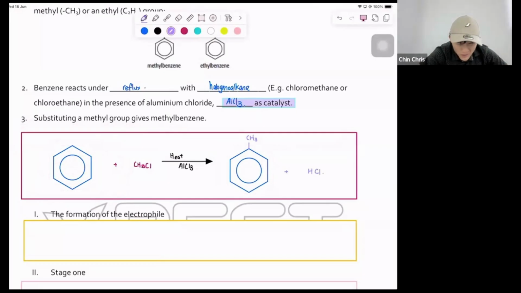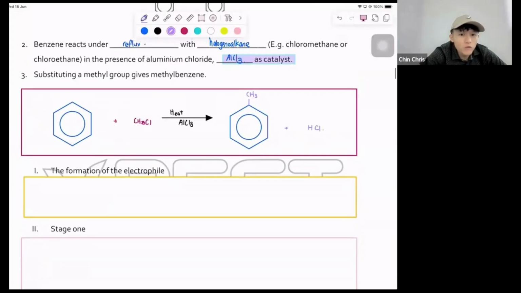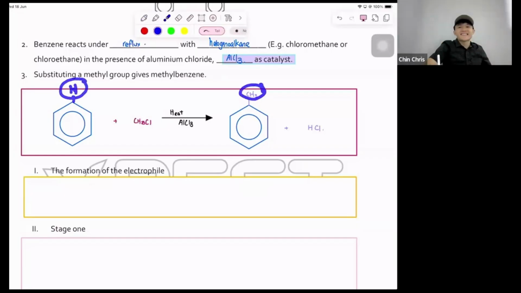Now, guys, let's look at the formation of the electrophile. First step, whenever we are talking about substitution on the benzene ring, at first it was a hydrogen. What you're doing is getting rid of the hydrogen and turning it into a CH3. That we call electrophilic substitution. Remember, any substitute